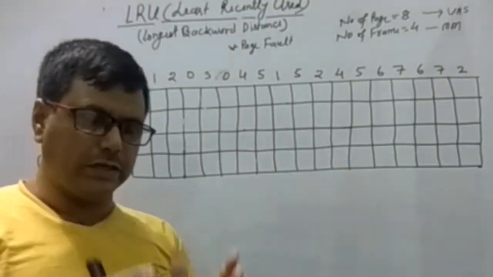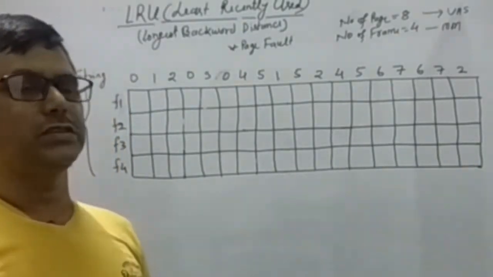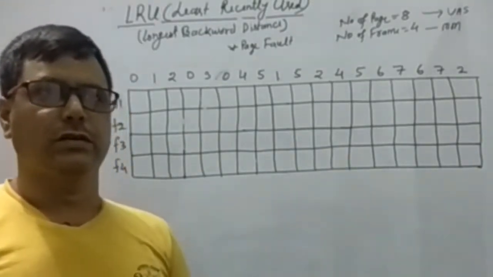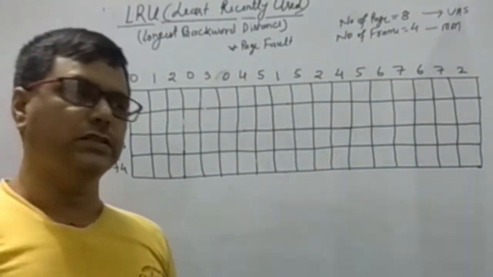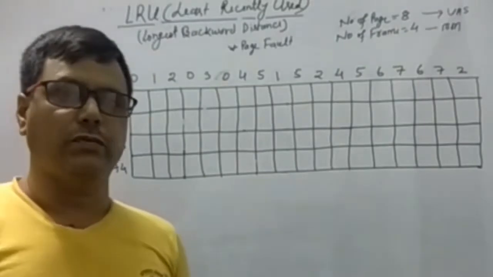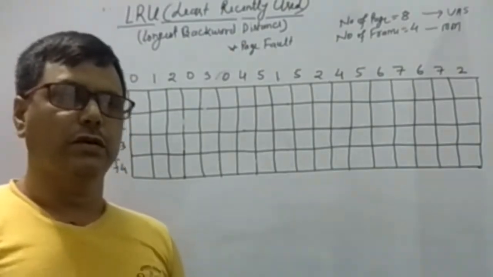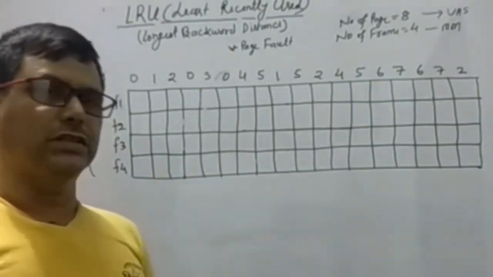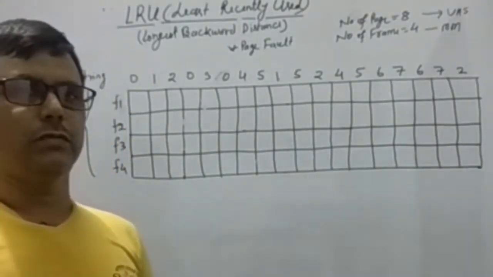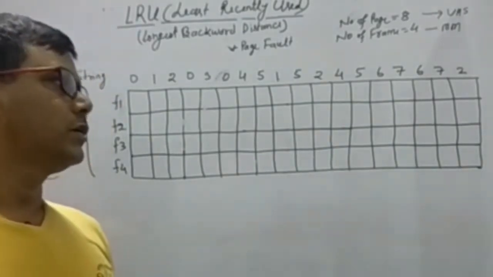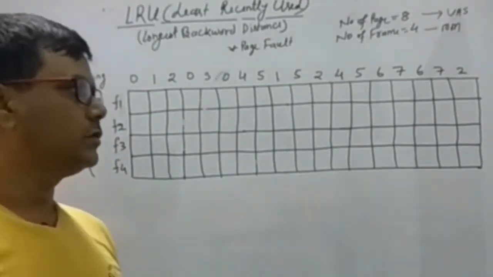Main memory size is always smaller. Main memory contains the frames, and most of the pages are stored in the virtual address space. Because that is in the secondary backup, the hard disk, there is a sufficient amount of space. So in the concept of virtual memory management, we store some pages of a process in the RAM or main memory, in the frames, and most of the corresponding pages of a process are stored in the virtual address space.